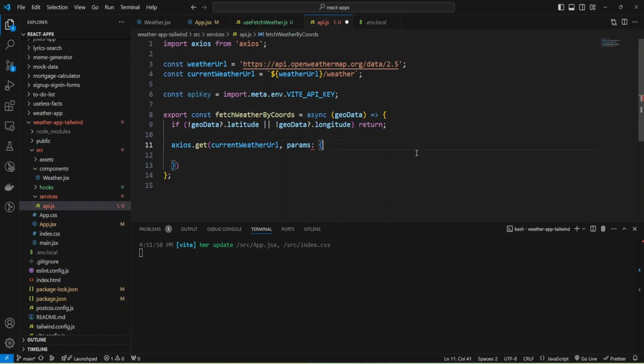Okay, and as params, we're going to provide appid, and it will be my API key. Okay, and I need to add an object here.